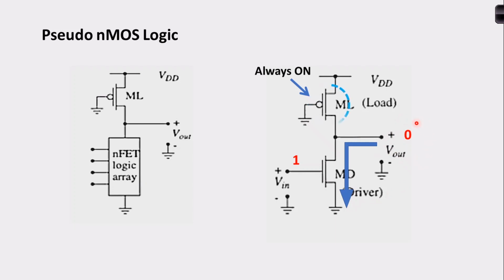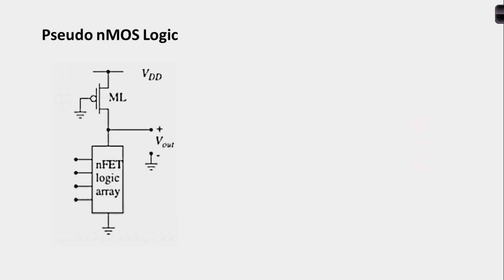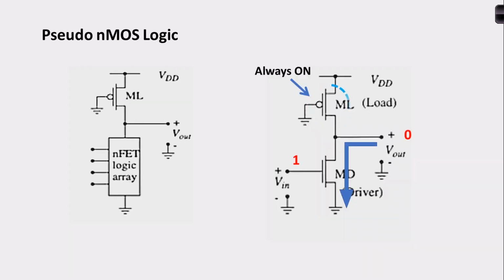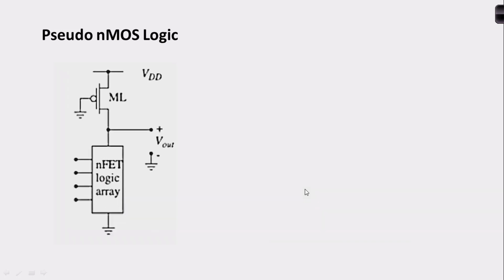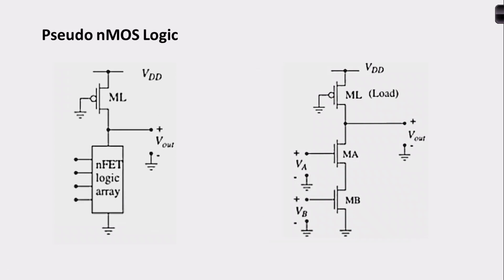I'll be getting logic 0. Okay, so if we look at the different types, this is all regarding how the pull down region actually works. If you look at the different examples, this is a NAND gate circuit. Since for a NAND gate our NMOS transistors are connected in series, and if we look at our NOR gate, all the transistors present in the pull down region will be connected in parallel.